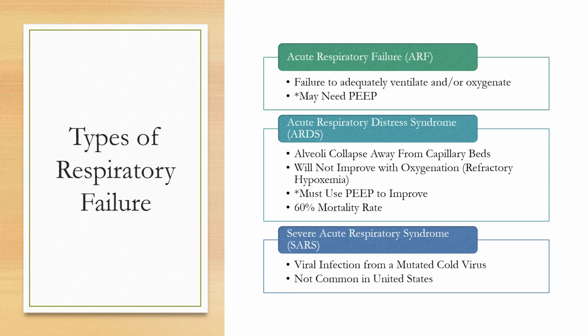Well, it's a problem with ventilation because you can't get the lung to expand, so you can't ventilate it, right? And it's also a problem with diffusion because the whole lung has completely collapsed. Okay, so we'll come back to that. So basically many respiratory diseases can result in acute respiratory failure, needing